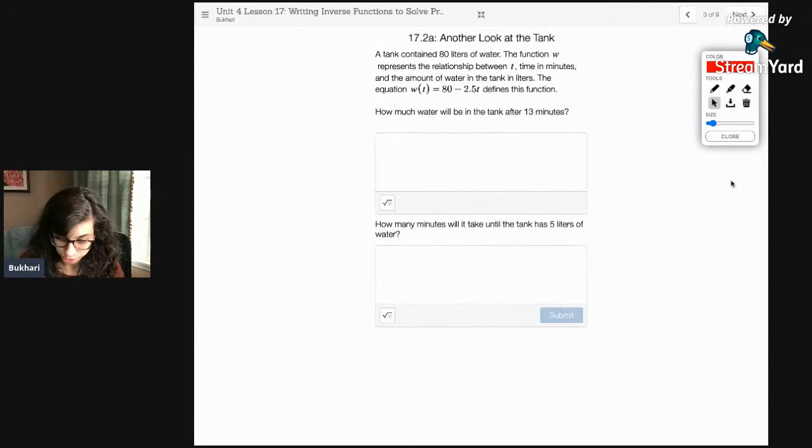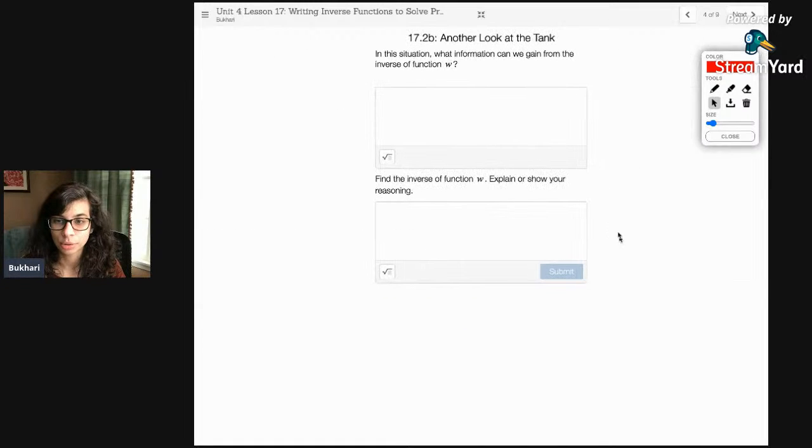And so pushing it a little bit further, how do we use function notation to solve our problems, lessons 4 and 5, right? How much water is in the tank after 3 minutes? How many minutes will it take until the tank has 5 liters of water? Pay very close attention to how you solve this problem. Make sure you write out each of your steps because that will help you in understanding